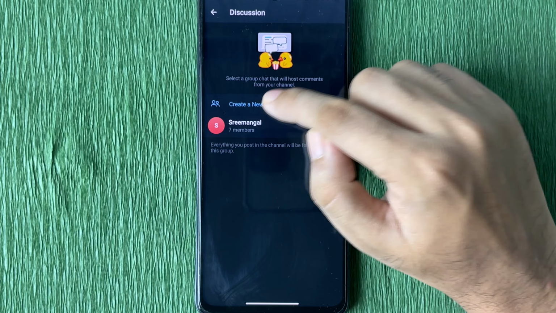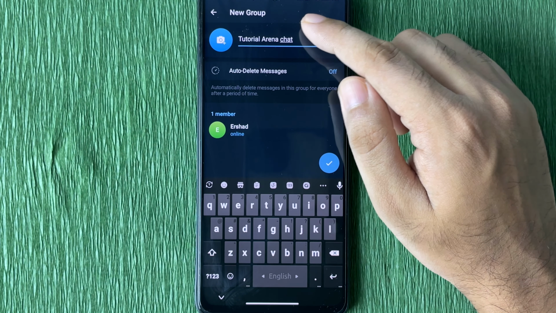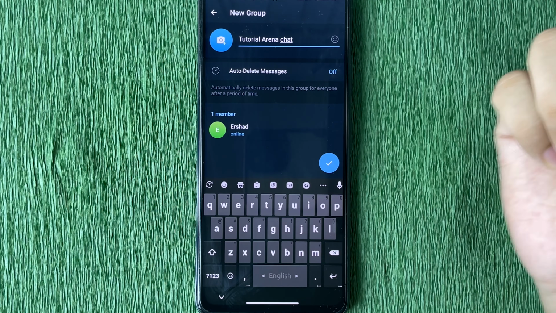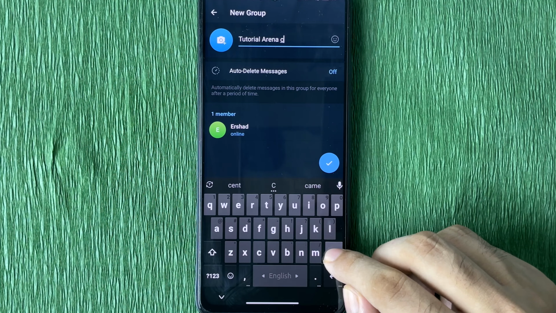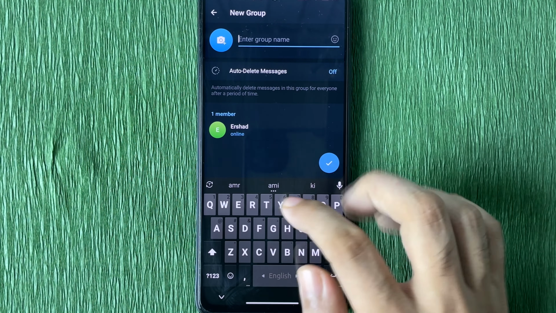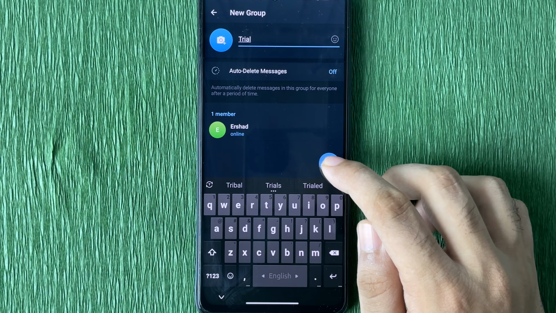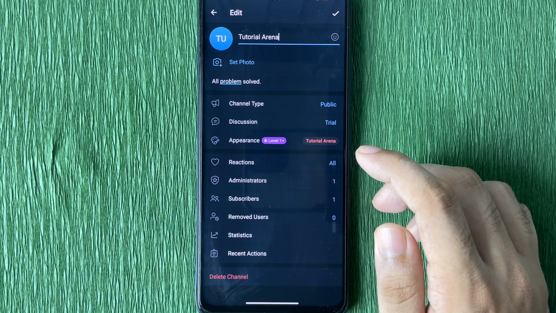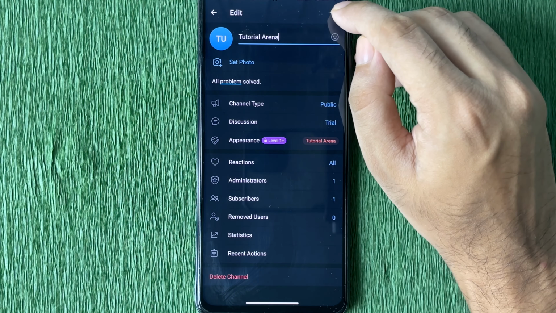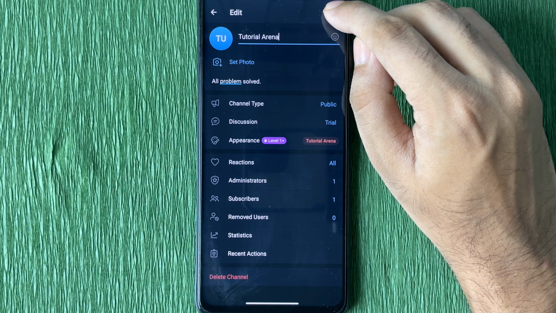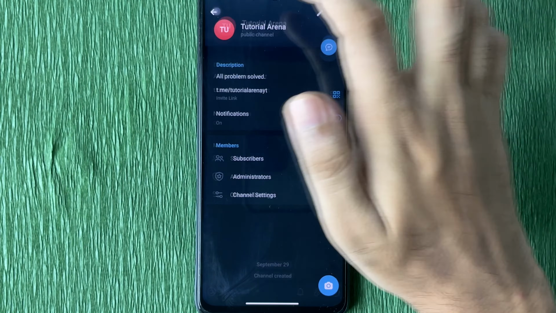Alright, so tap on the new group, and now you need to select any of the names. Alright, so let's just make sure to give it a name like trial. Then tap on the tick button, and there you go. So if you just again go to the tick mark and then go back, and if